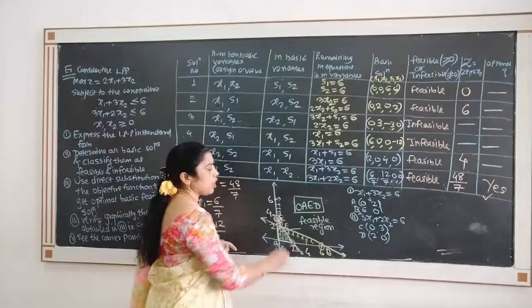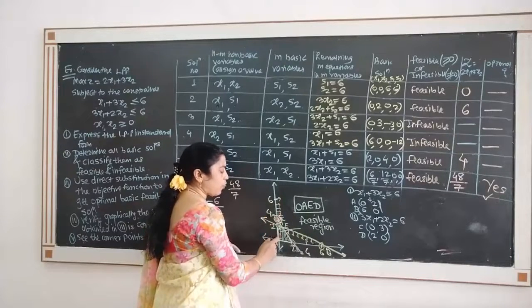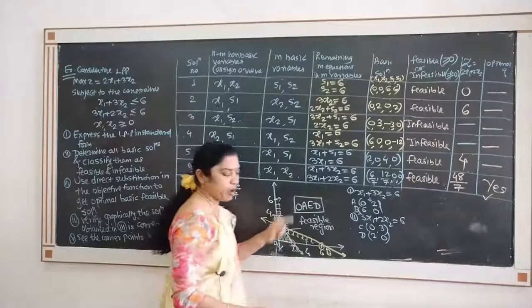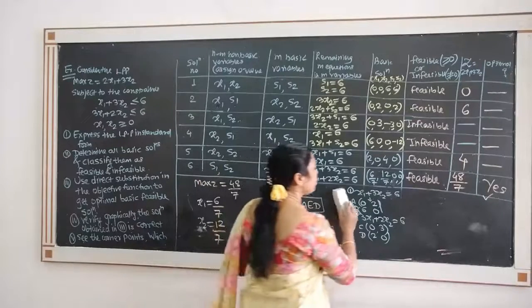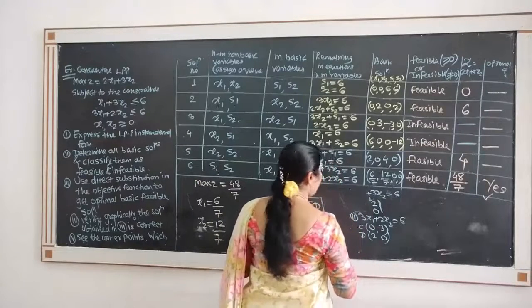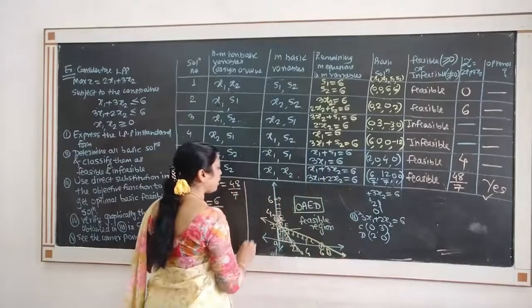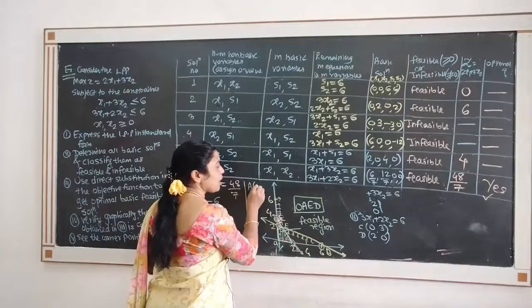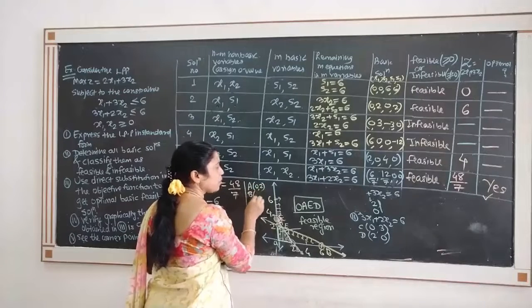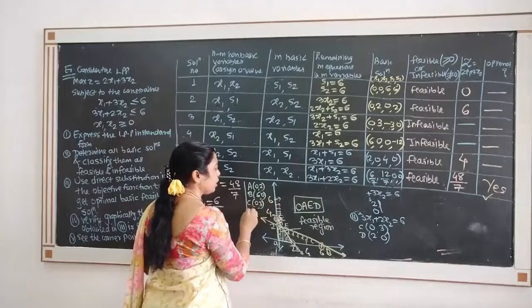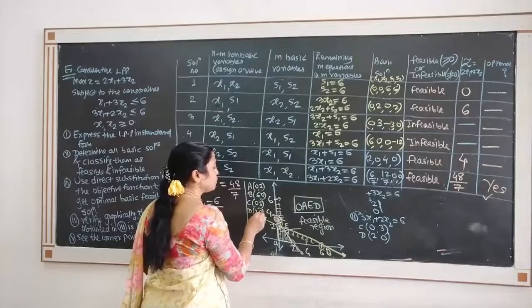That is the feasible region. We know that according to the convex polygon theorem, we only have to find the value of Z at these 4 points O, A, E, D. See, what is A point? 0, 2. So A point, I am writing the points here. A comes to be 0, 2. B comes to be 6, 0, C comes to be 0, 3, D comes to be 2, 0.